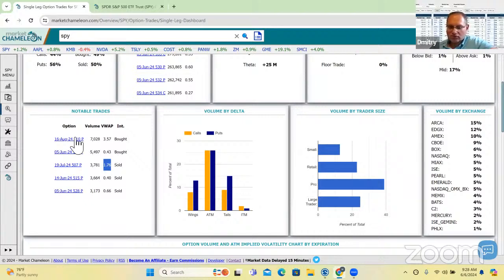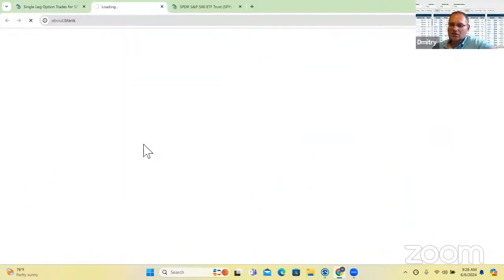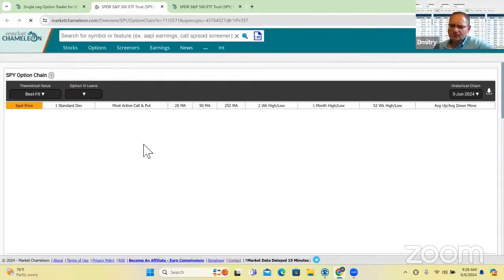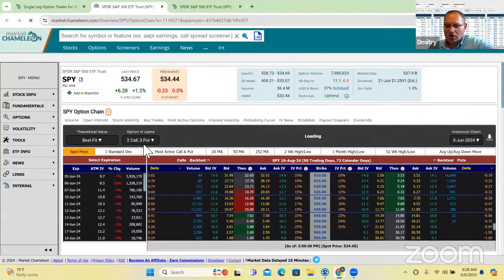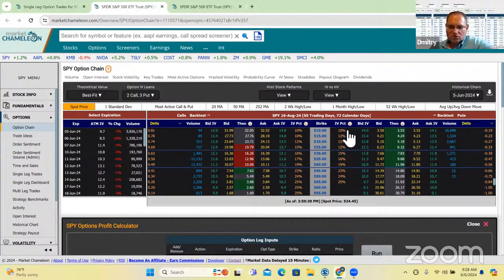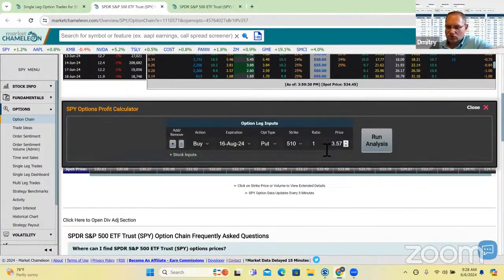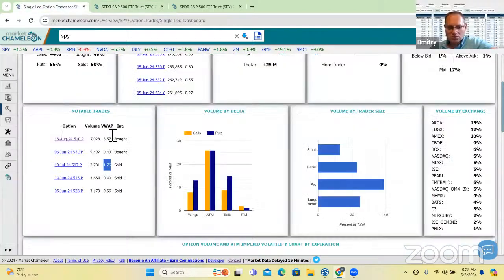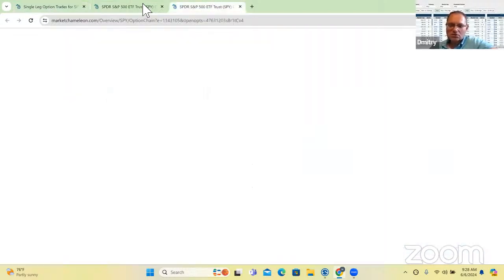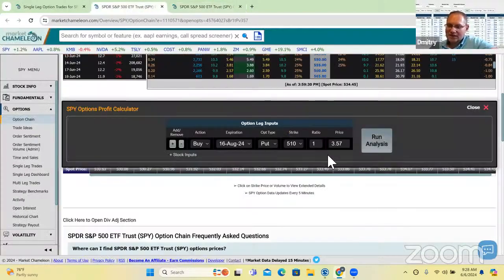So if you wanted to go click on that, remember the hyperlink, it'll take us to the options chain. It'll populate that particular option, right? So this was at 3.57. That was where they were traded. $3.57. We could run that and